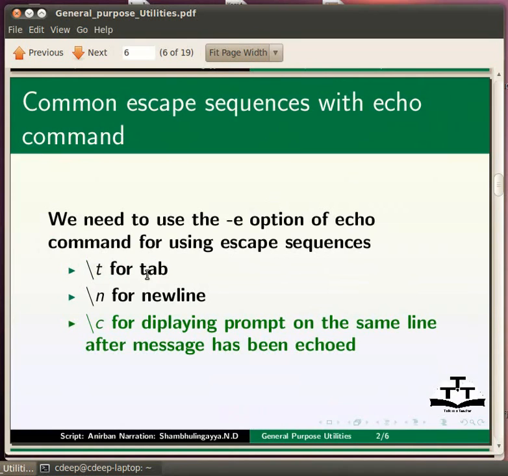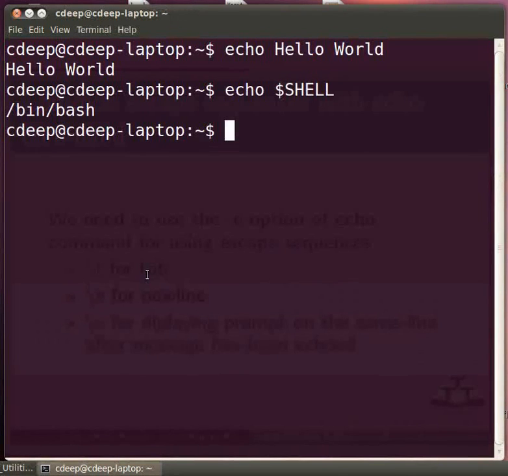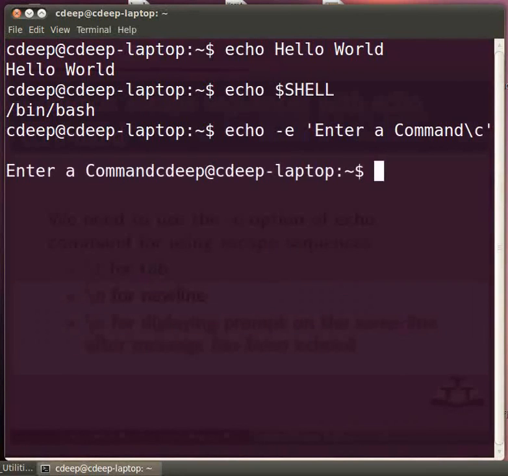Type at the prompt echo space -e within single quote enter a command \c and press enter. We will see that the prompt will be displayed after printing enter a command on the